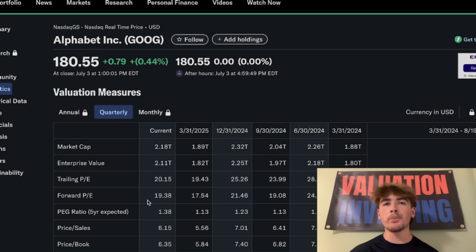Looking at the forward PE ratio, this is the same as the PE ratio where it's price divided by the earnings per share. However, this uses the future earnings per share expected by analysts, so it shows us a future snapshot of the valuation of Google. This is lower than the trailing PE ratio at 19.38, which is a good thing and shows that analysts do expect the earnings per share to increase in the future, and